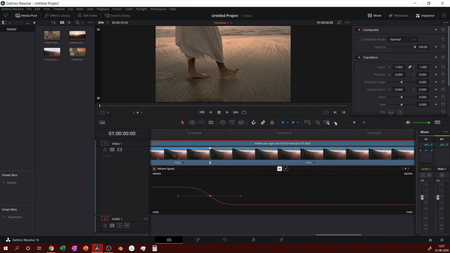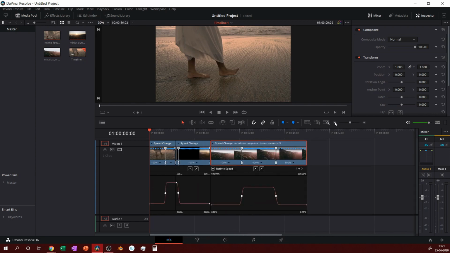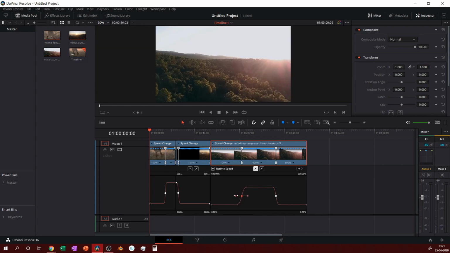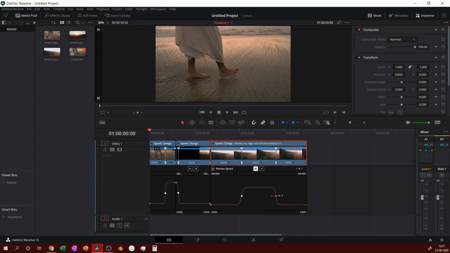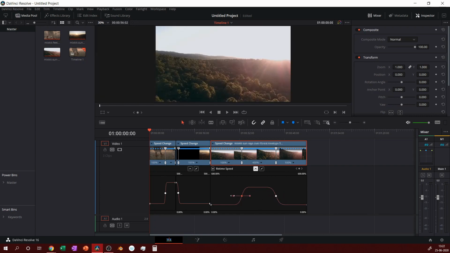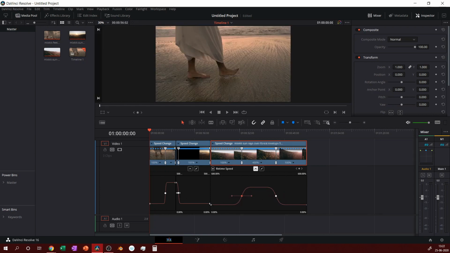Now let's zoom out and see what this looks like. Let's smooth it out a bit more.